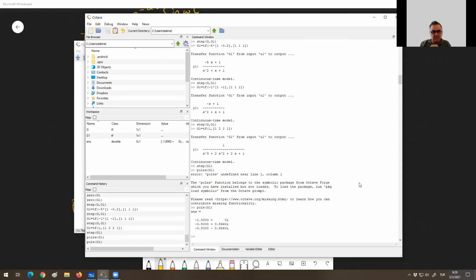-1. Okay. So one of the poles is at -1. It should be, okay. Let me do it this way. The denominator is equal to, I don't know if you will understand this, but